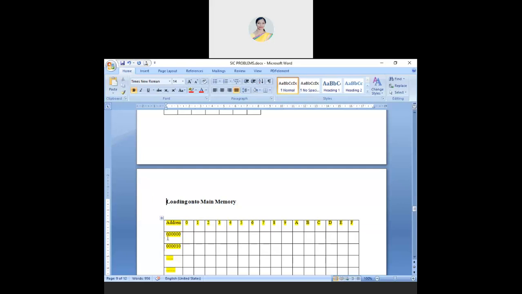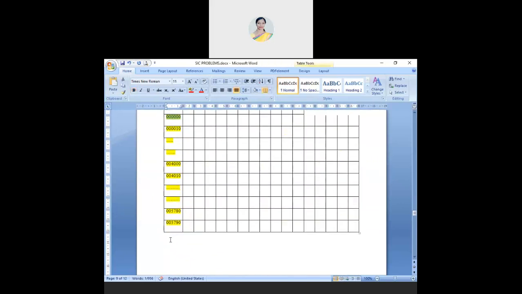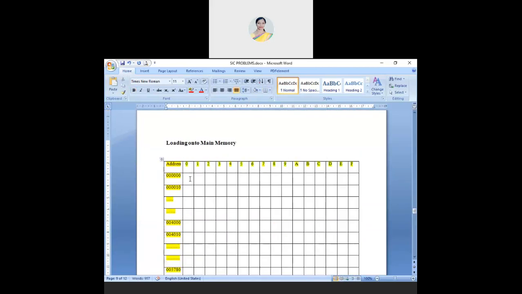See here, this is my 3 bytes. 0002, how much will it be? FFFF, right? Do you agree with me? Yes, ma'am. So I'll start loading. This is in bytes: 0th byte, first byte, second byte, like that.